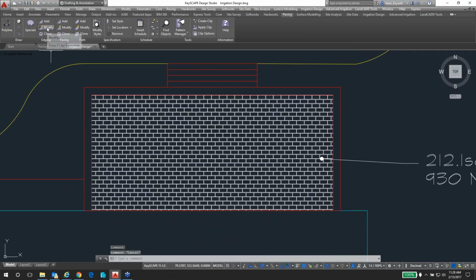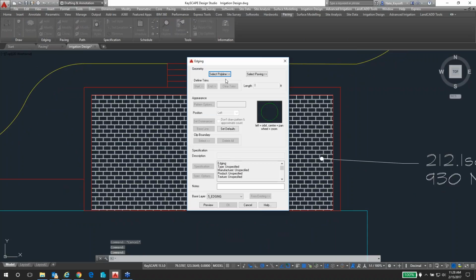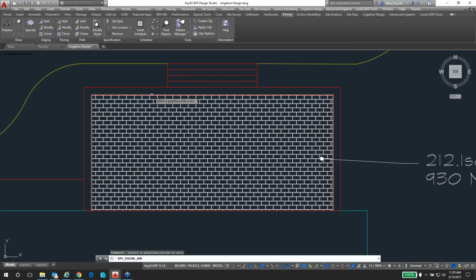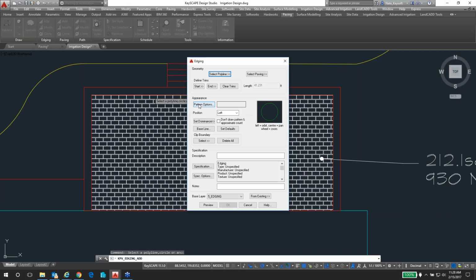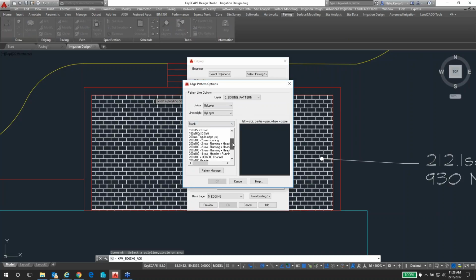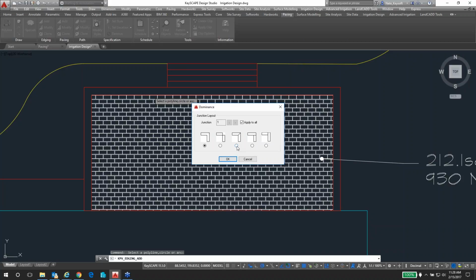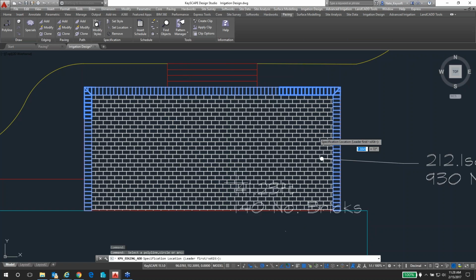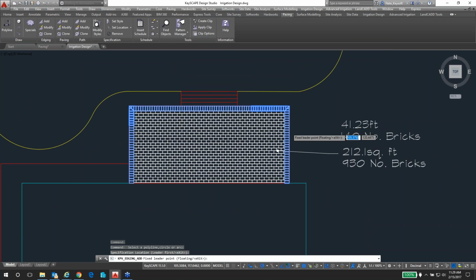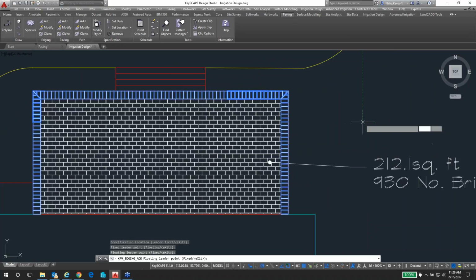So now back to edging, add edging. Instead of from paving, I'm going to do from polyline. Pattern options, let's go back to that same header course, and we'll call it brick edging. Let's set the dominance again to be the mitered. Okay, there we go. Now we have something a little bit more realistic,